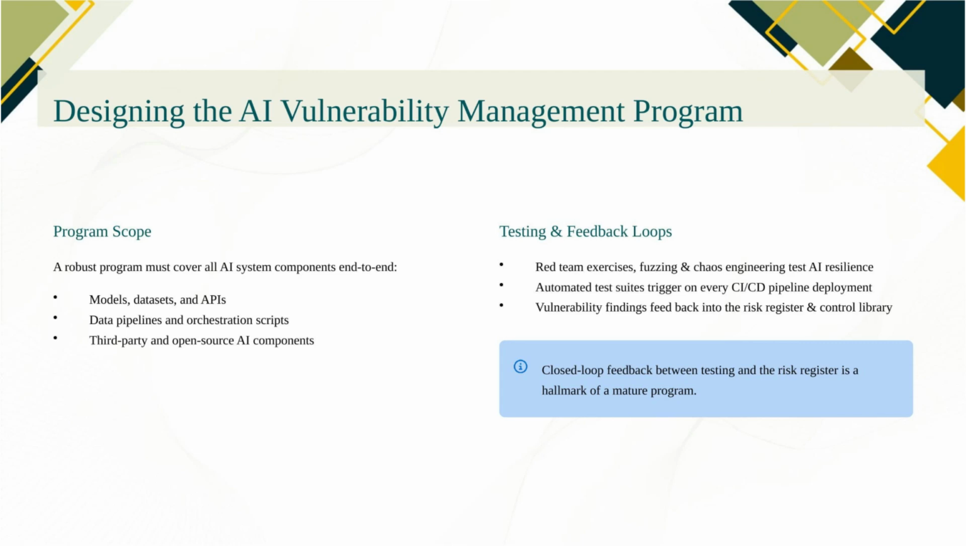Automated test suites should run on every CI/CD pipeline deployment trigger so that every model update is tested for vulnerabilities before it reaches production. And the findings from vulnerability assessments should feed back into the risk register and the control library, not just into a remediation backlog. If a vulnerability reveals a gap in a control, the control needs to be updated, not just the specific vulnerability